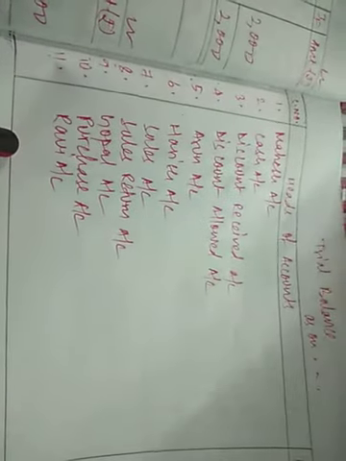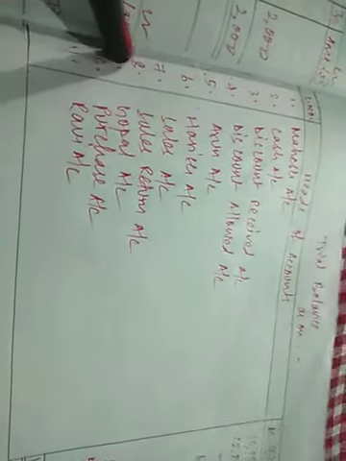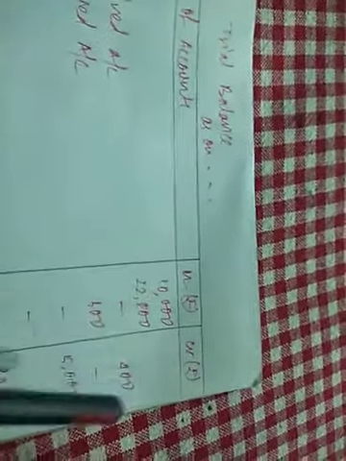Now we'll write the name of all the ledger accounts that we have opened. Like we have opened 11 ledgers, so we'll write the name of all the 11 accounts, like Mahesh account, cash account, discount received account, discount allowed account, whatever accounts you have prepared in ledger, all the accounts you will write here. Names of all the accounts are written, so it is known as heads of accounts. Head of all the accounts I have written here. After you write heads of all the accounts, then you will write the balance that we have got there after balancing the ledger accounts, whether it is debit balance or credit balance.